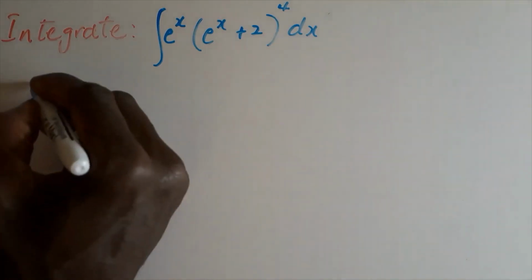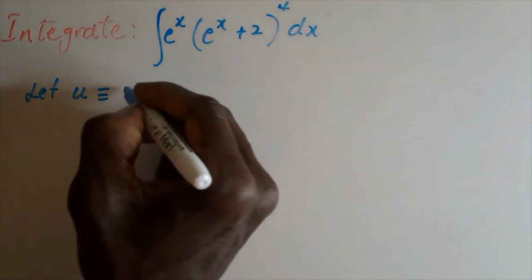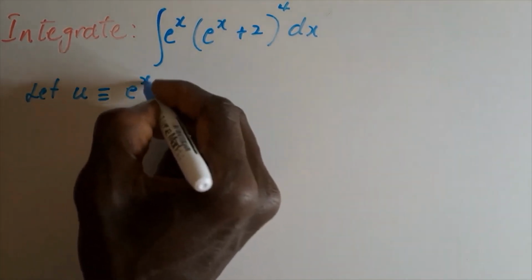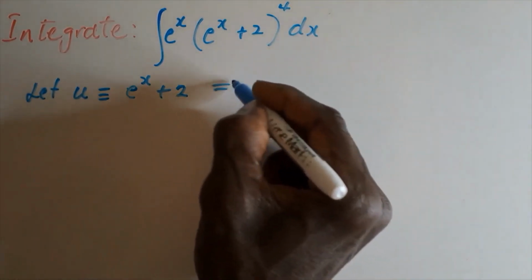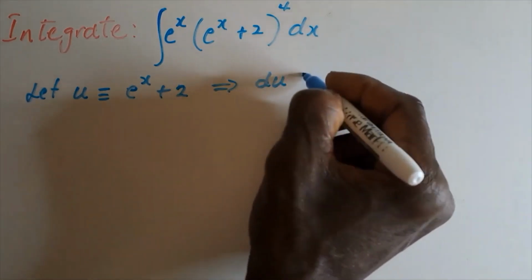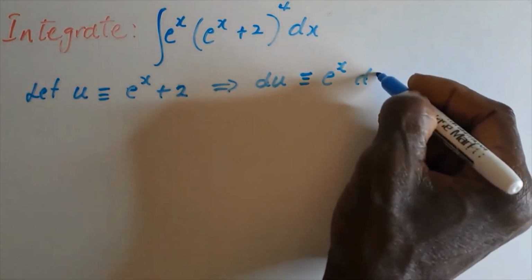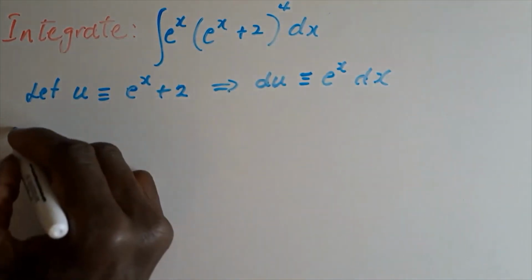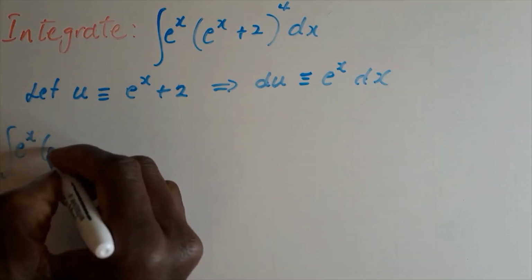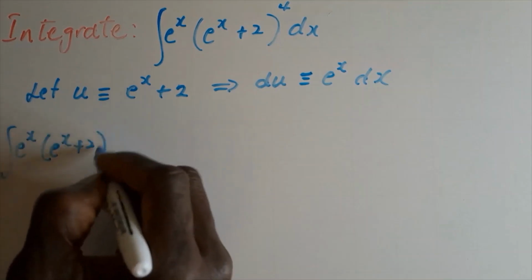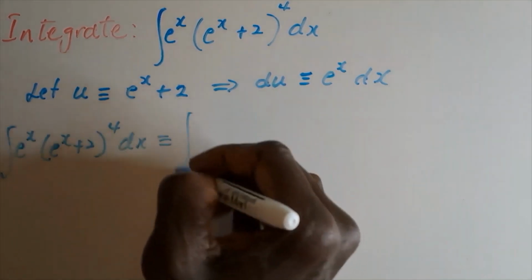Right, for this we'll use the substitution u equals e to the x add 2, which implies that du is equivalent to e to the x dx. And so our integral of e to the x times (e to the x add 2) raised to the 4th power dx is equivalent to